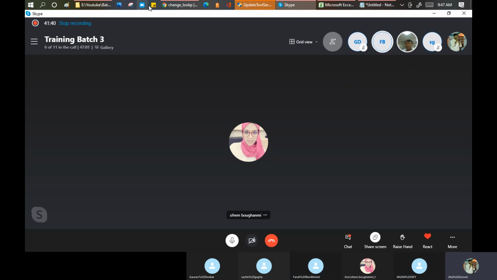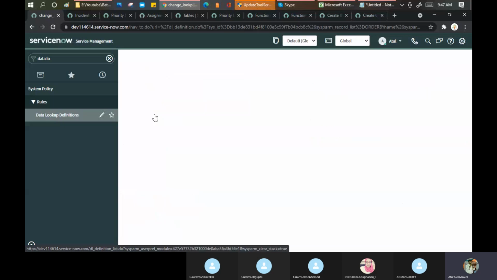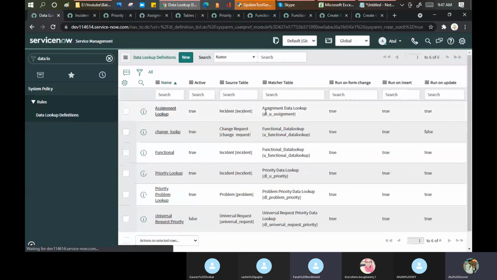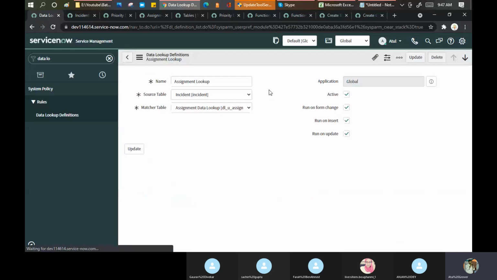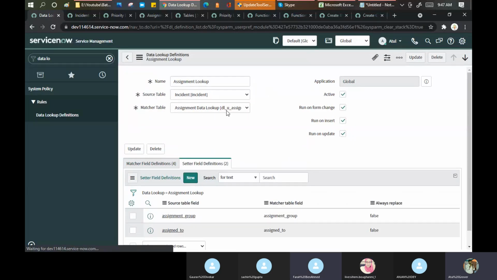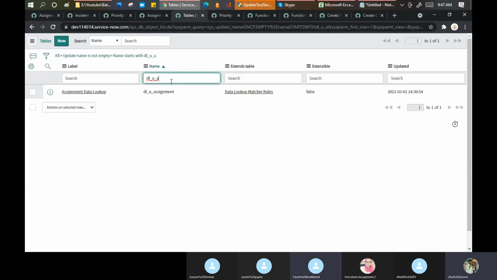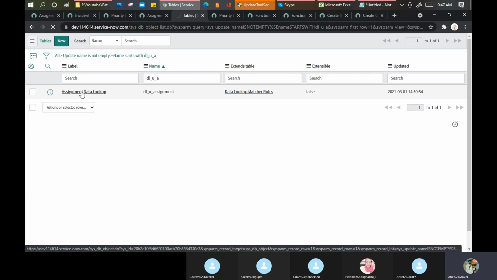If you see, guys, if you go here and open this data lookup for the assignment group, this one, what they are doing for the assignment. Let me open this DL_U_assignment. Okay. Where is the table field for us? This one. Let me open this. So now you can see here.